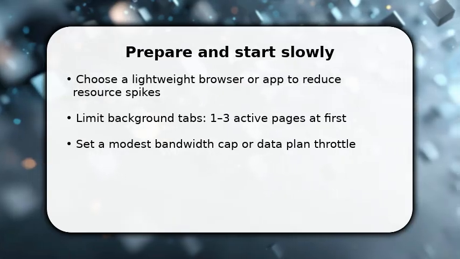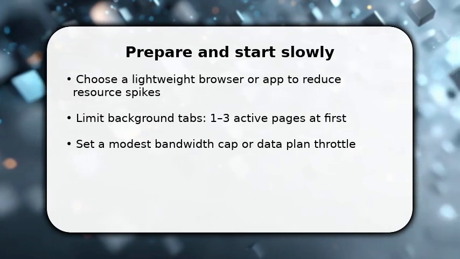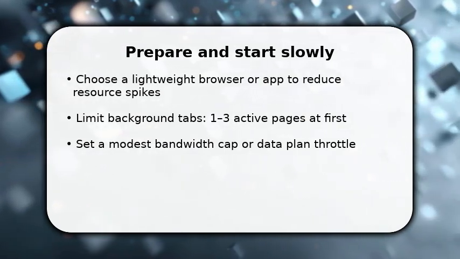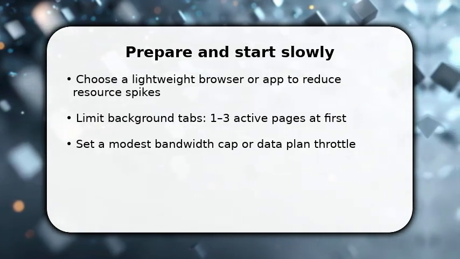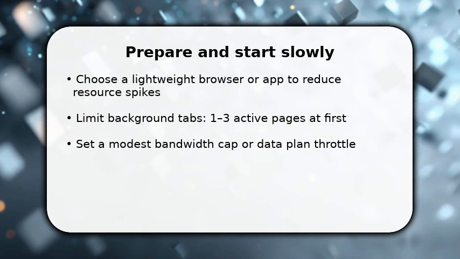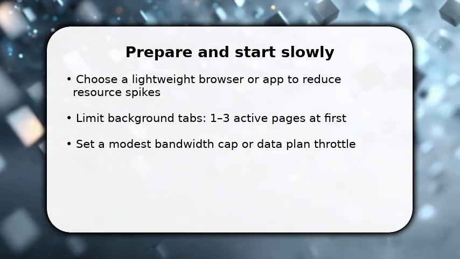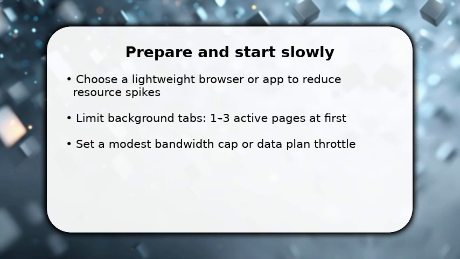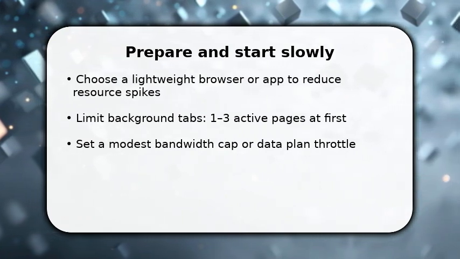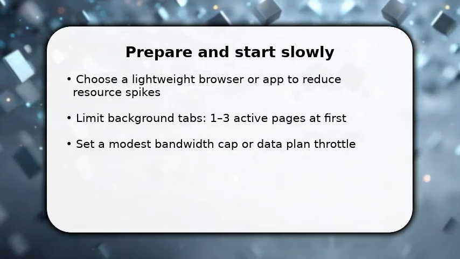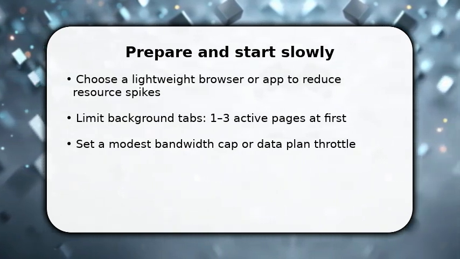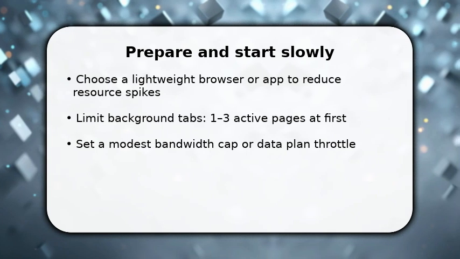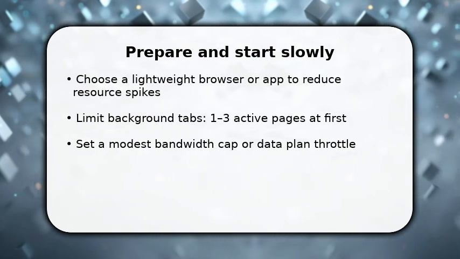You begin by narrowing the scope so the net behaves predictably. Pick a lightweight browser and close unnecessary apps. This reduces latency and CPU load. Once done, open only 1 to 3 tabs to keep requests sparse and easy to monitor, and set a modest bandwidth cap or data throttle so transfers proceed slowly and steadily. This prevents bursts that confuse networks and makes each request observable, which is why you control pace from the very